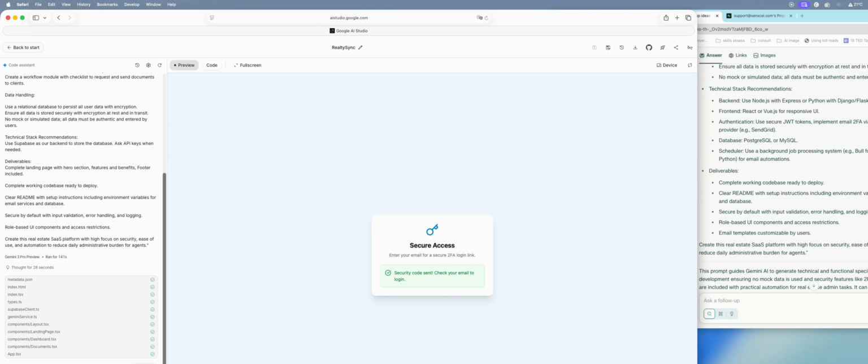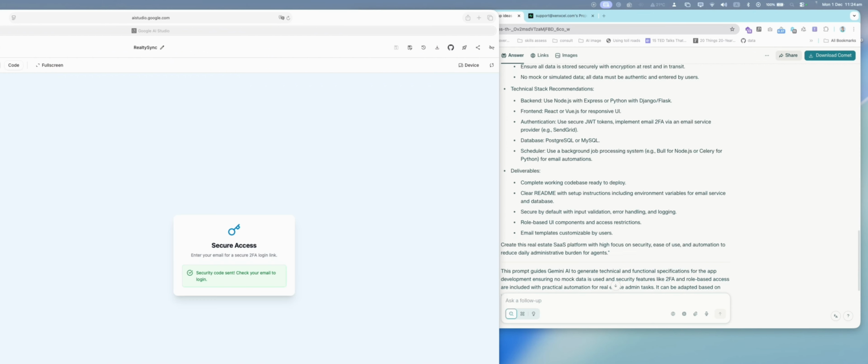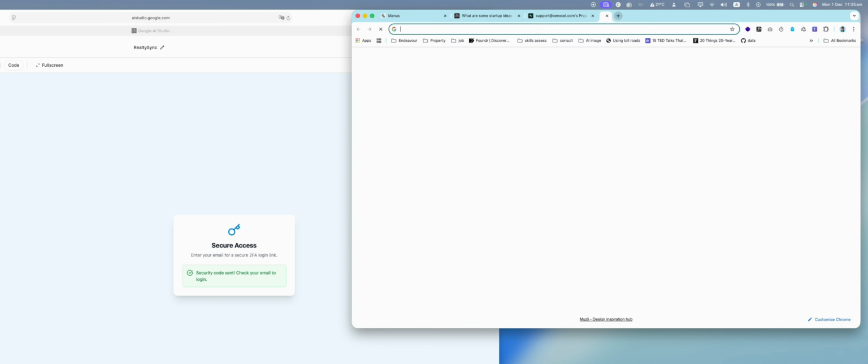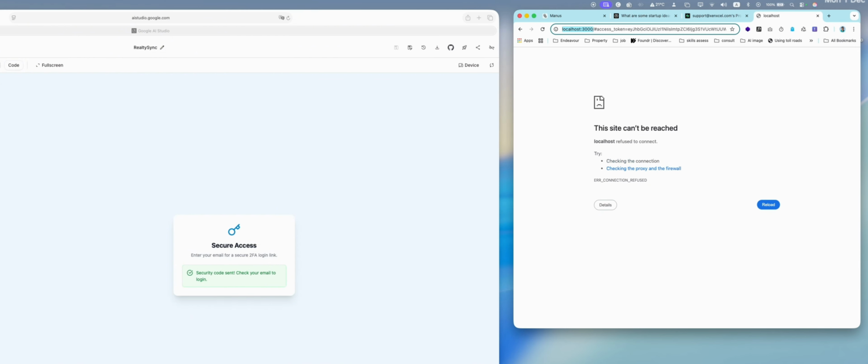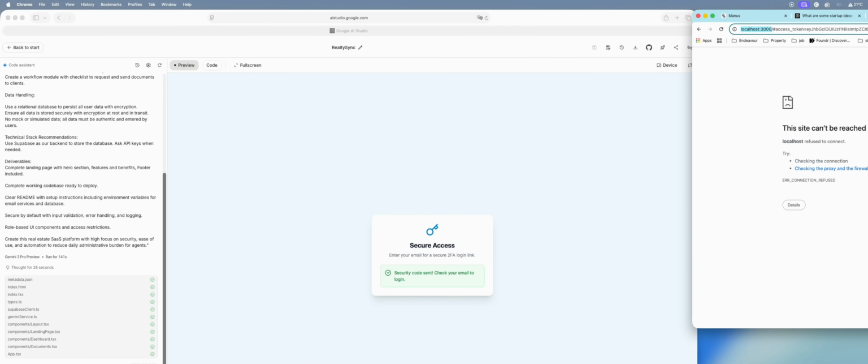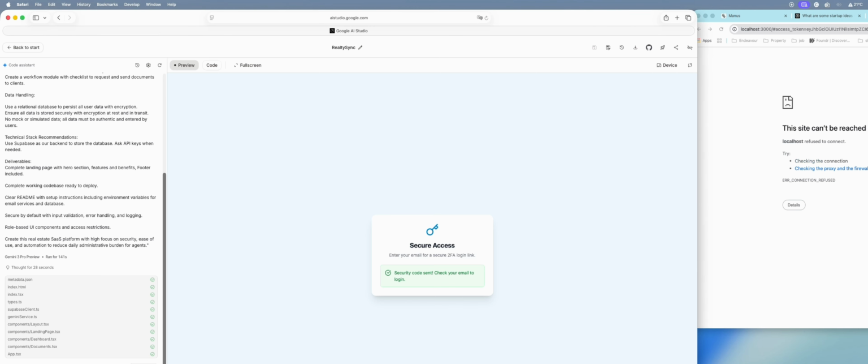See, I've already got the confirmation email here, right? So I'll just copy that link and paste it in the browser so that I can verify. Currently the Supabase URL is localhost 3000, which is by default. It's fine. The email has been verified. So if we just refresh the page and go to agent login,